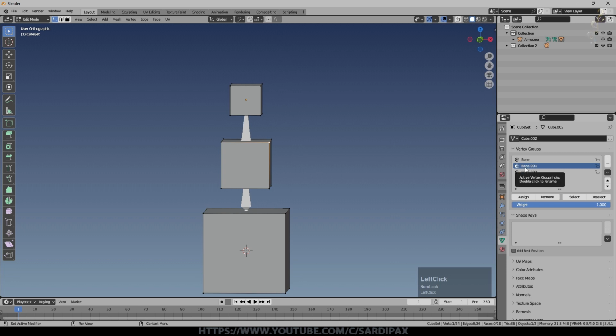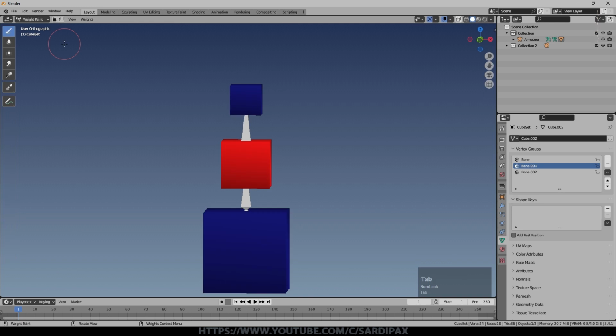If I go to the middle bone vertex group, Control L just to select all the vertices. So this should be 100% selected. It's already set to weight of 1. I'm just going to assign that. And then just to make sure, I'll select the one above it, Control L, and remove that. So there's no selection. And then the same to this one, remove that. If I now come out of edit mode, you can now see when the middle bone is selected, only that middle cube has maximum weight on it. And we then just need to do the same with that one.